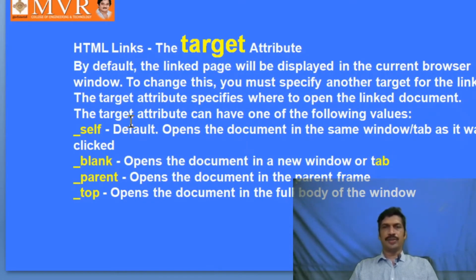Just very simple: anchor, slash anchor, whatever text is there, it is possible to place images also. Till now we have seen only text for go to page 1, go to page 3. Between anchor and slash anchor, you may place an img tag, giving some src file. Whenever we click that image, we will go to the other link specified in the href attribute. The target attribute determines where it will open.